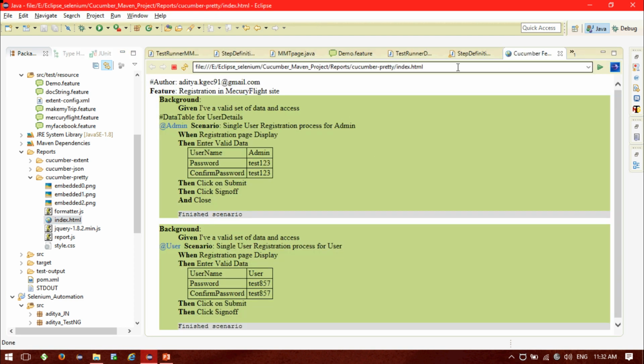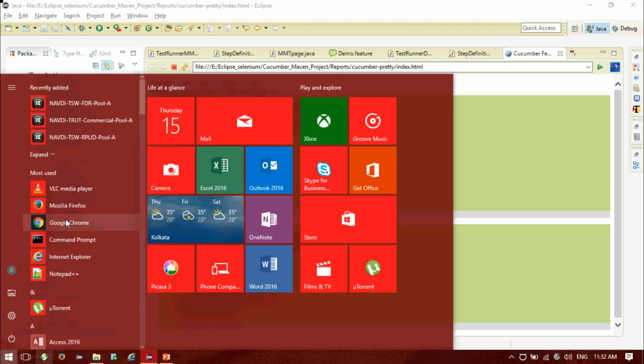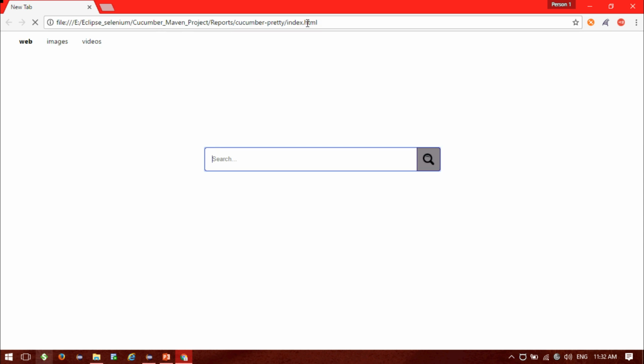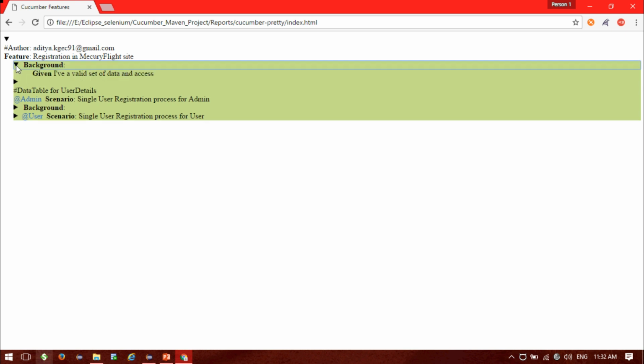Okay, let me open the same in my browser and let's see. Okay, so this is the feature file, registration in the market site. Background rows: given a valid set of data and access.